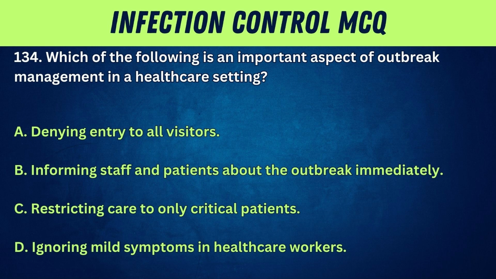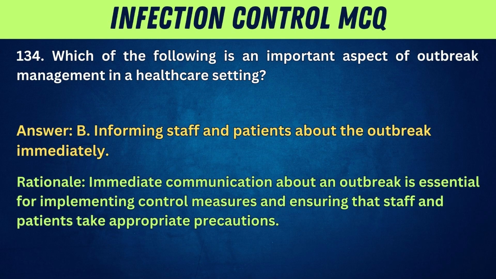A. Denying entry to all visitors. B. Informing staff and patients about the outbreak immediately. C. Restricting care to only critical patients. D. Ignoring mild symptoms in healthcare workers. Answer: B. Informing staff and patients about the outbreak immediately. Rationale: immediate communication about an outbreak is essential for implementing control measures and ensuring that staff and patients take appropriate